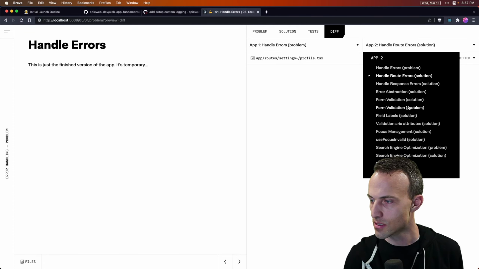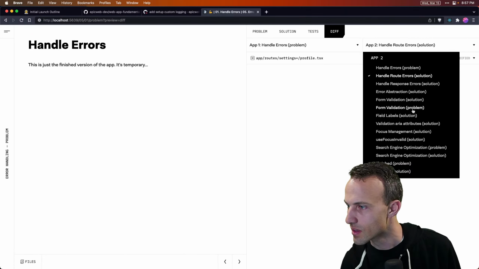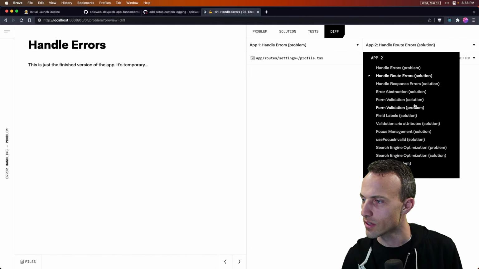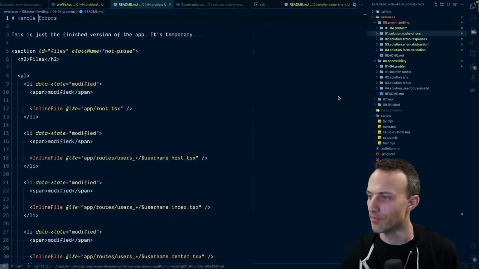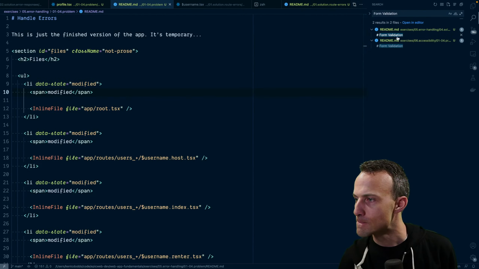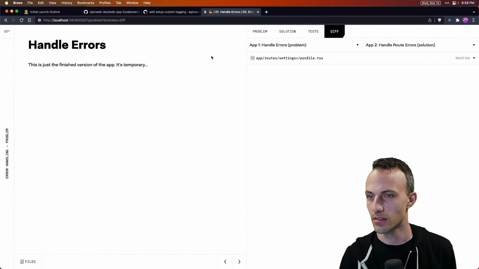I need to number these. Where's this form validation problem? Yeah, this should be accessibility.